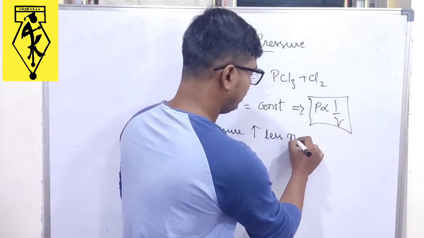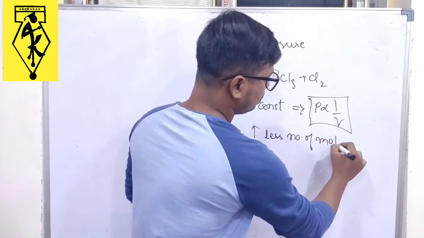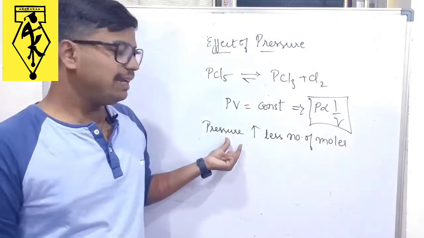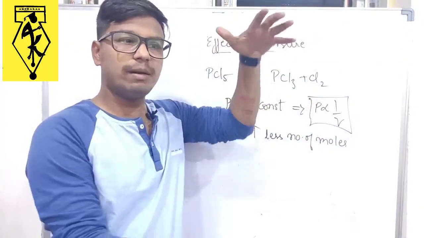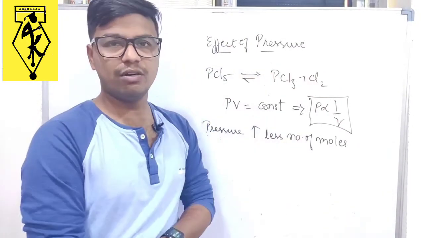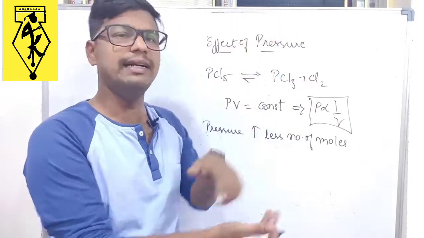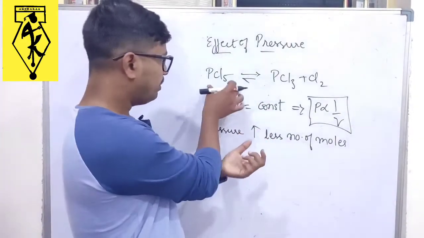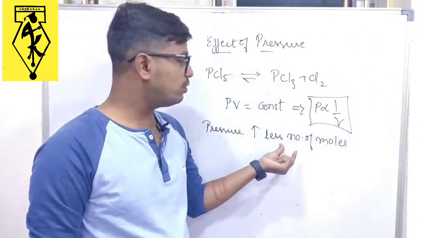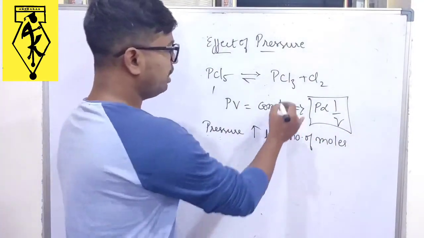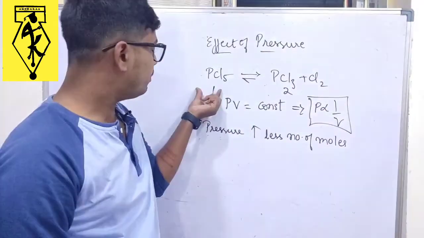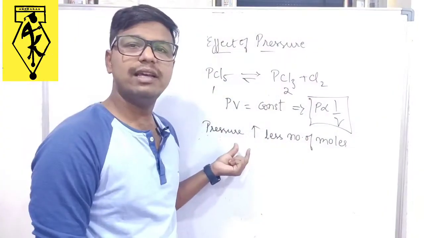So the reaction goes towards the side where there are less number of moles. That means pressure increasing means we are applying pressure. So if we are applying the pressure, what happens to the number of moles? Decreases, no? Number of moles will be constantly decreasing. So let's see here. Now for this reaction I am increasing the pressure. If I increase the pressure, the reaction should go towards the less number of moles. Here 1 mole is there, but here 2 moles are there. Then the reaction goes towards the backward. PCl5 formation would be more if I increase the pressure.